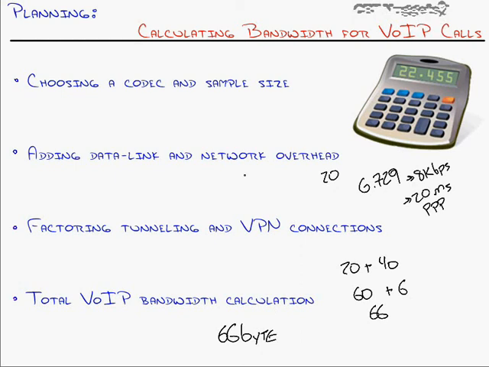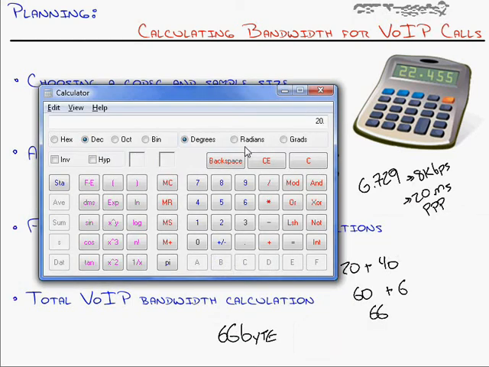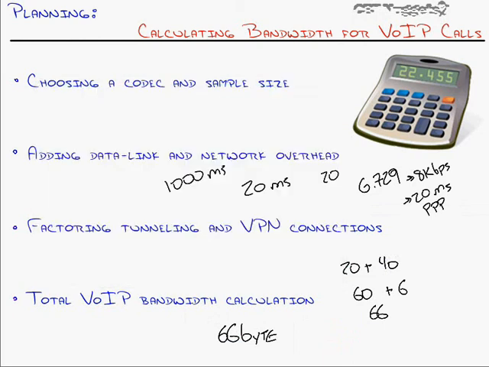How many samples per second? Well, if each one is 20 milliseconds of audio, and I have 1,000 milliseconds of audio in a second, let's just hit those calculations again. So 1,000 divided by 20, that was the 50 samples per second, times 66 bytes per sample. That gives me 3,300 bytes per second that are being sent, or if I multiply that by 8, that's 26,400 bits per second, because we multiplied it by 8. So in kilobits per second, that would be 26.4